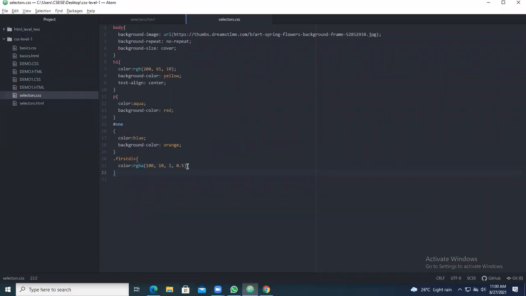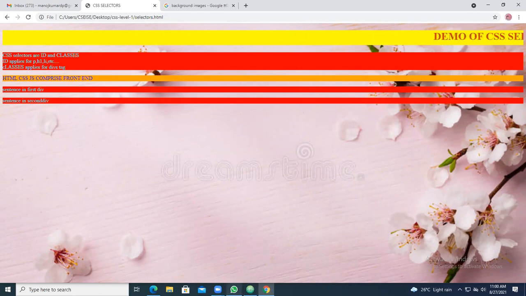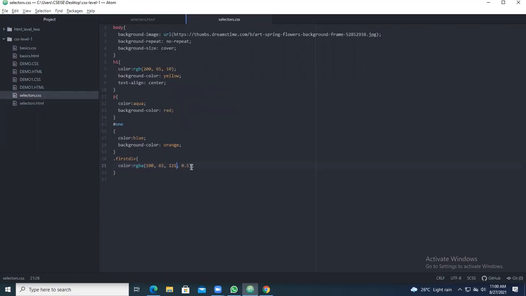So RGBA, you should give something different colors, I think. You give 65 and this one you give 121 and see what happens to the contents in the first div. For the first div sentence, you are not getting a particular color.